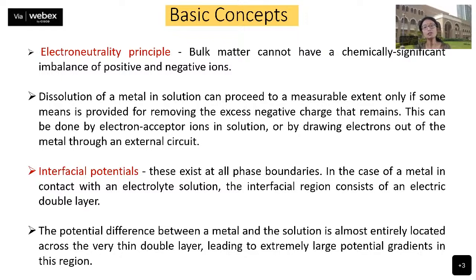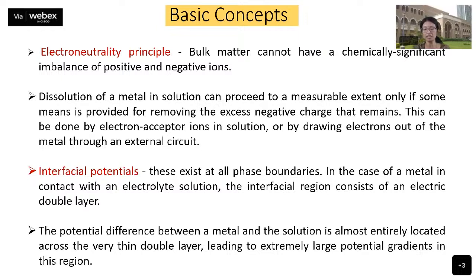So what is the electroneutrality principle? That any bulk matter cannot have a chemically significant imbalance of positive as well as negative ions. So it has to be kind of neutral, electroneutral. Then suppose we are talking about the dissolution of a metal in a particular solution. But that dissolution is going to happen only to a measurable extent if you are able to remove the excess